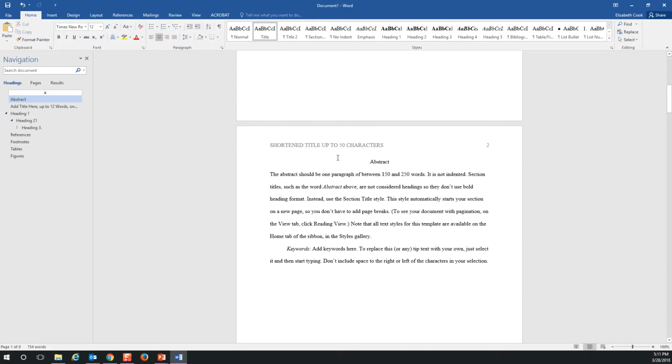The second page, notice that in the header it no longer says running head, but it does still have the shortened title up here. This will be the case for the rest of the paper. And the second page of your paper is going to be your abstract, which is a summary of your paper. It's between about 150 and 250 words, as we see here, not indented, and it's going to give the reader-grader an idea of what your paper is about. This is also where you can put keywords that describe your paper.